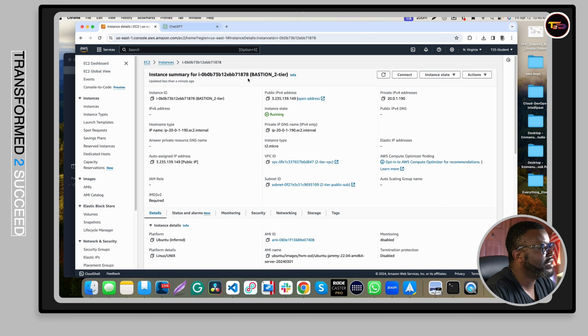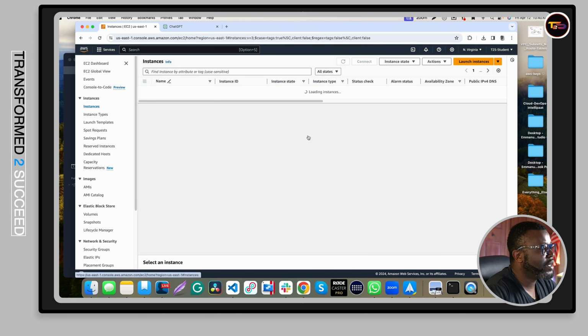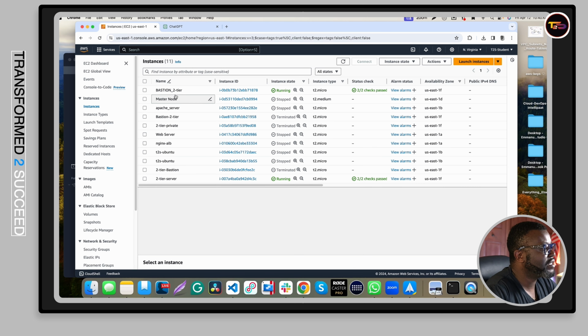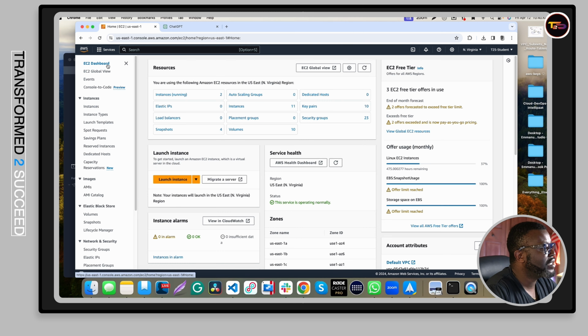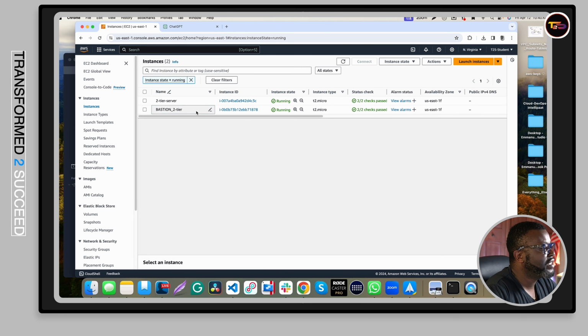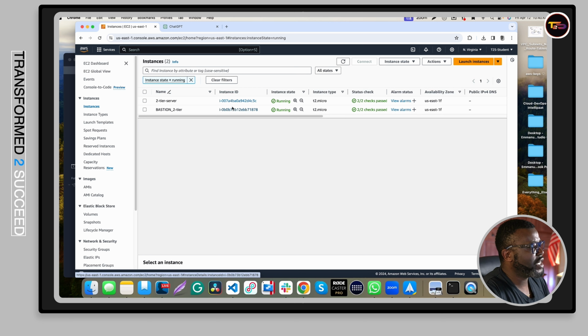I'll close this and go back here. So go back to our instances, and this is our Bastion instance. I'm going to click here to running. This is our Bastion instance. So we've been able to access our Bastion instance, and now from our Bastion instance, we need to connect to